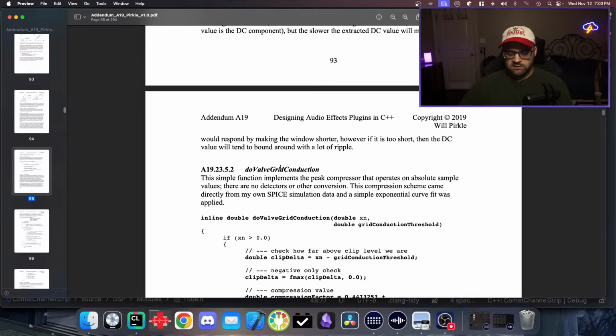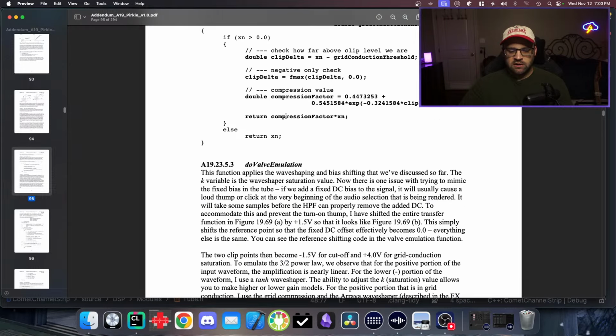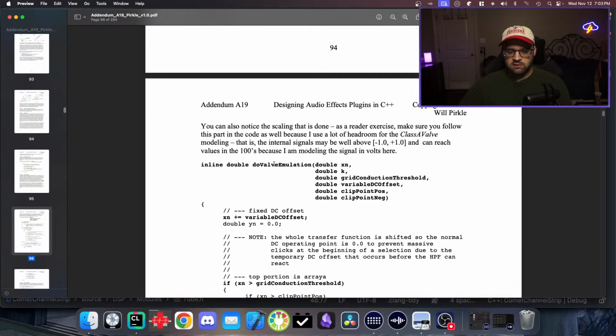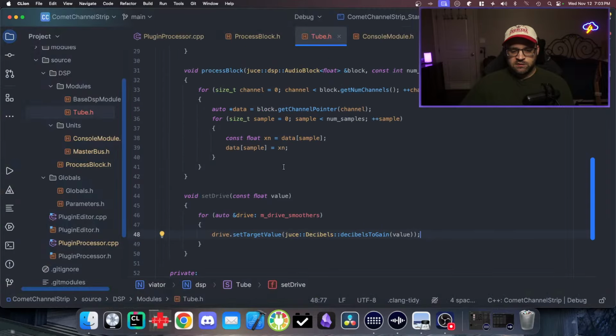So we've got this valve grid conduction and then the actual valve emulation. And then after we do this tube, there's some stuff about it that I like and I think we can reuse to make an overdrive that sounds really good. So yeah,